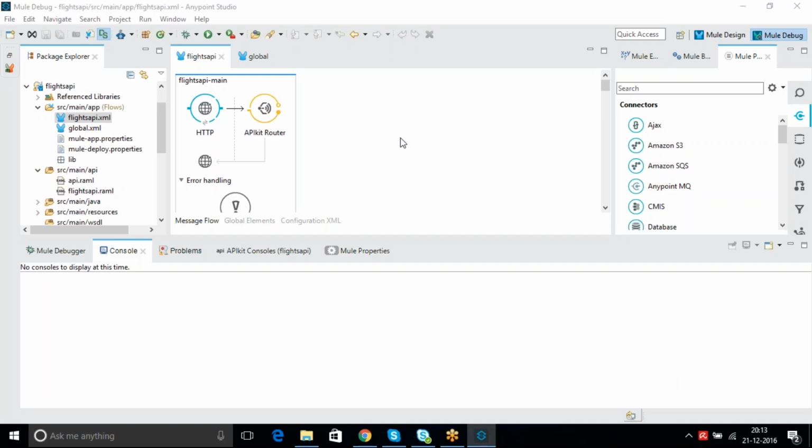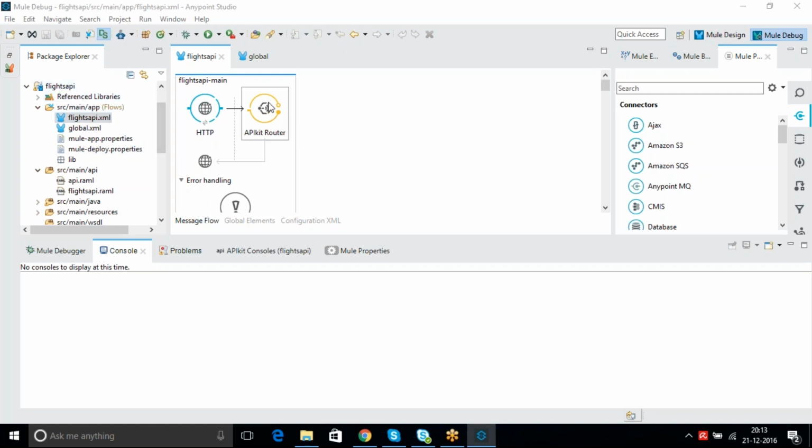Yeah. So in this session, you are going to see how to create multiple configuration files, how to separate the single XML configuration file into multiple files, and also how to keep all global elements in one of the global .xml files. So this is what we are going to do.